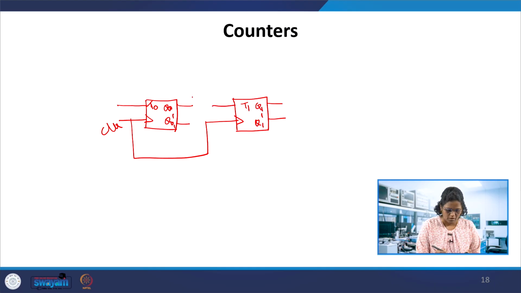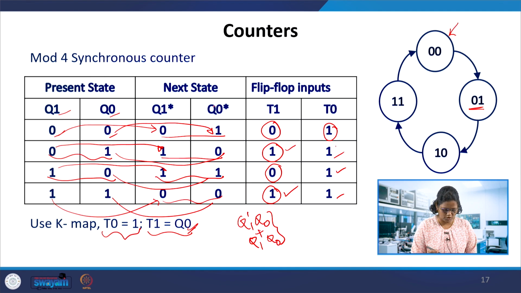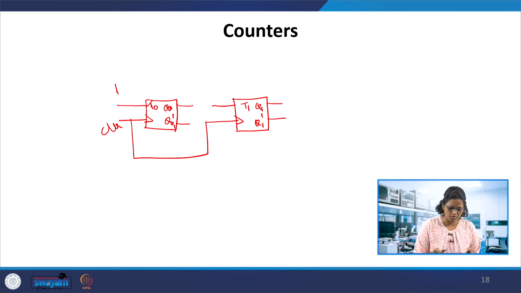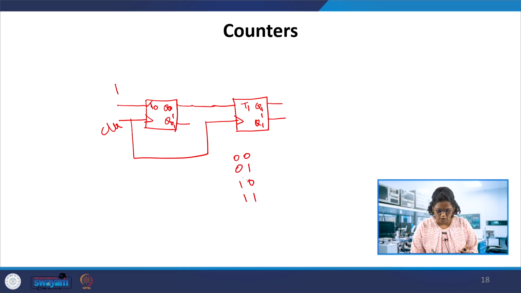So what is the output? If you interchange it, for better view, T naught equal to 1, so you can make this 1 and simply connect this to T1. That's just a way of representing it. So you have this 2-bit counter, which can count up 0 0, 0 1, 1 0 and 1 1. By taking these outputs, the first bit is Q naught and the second bit is Q1.